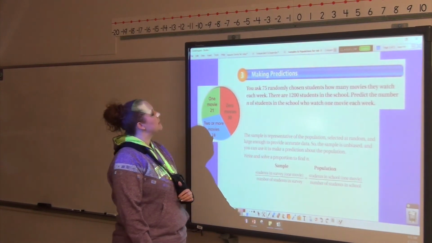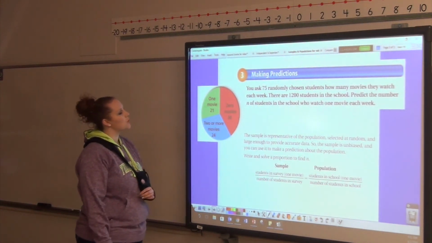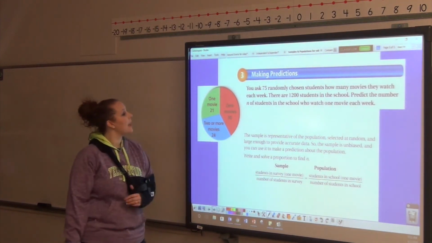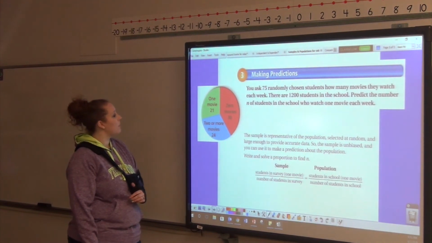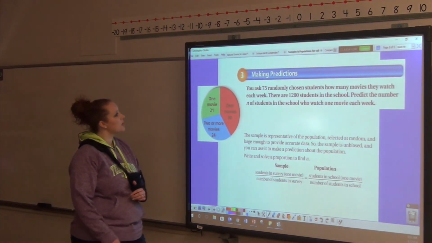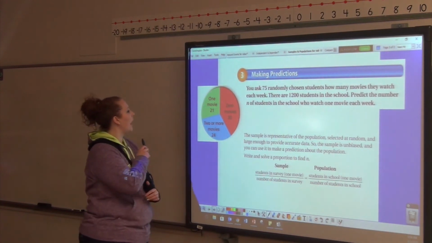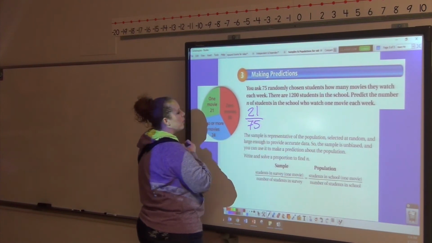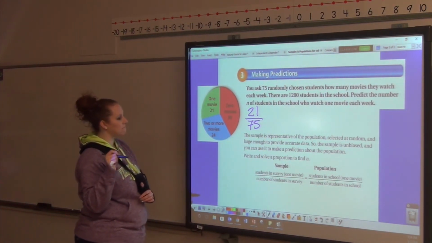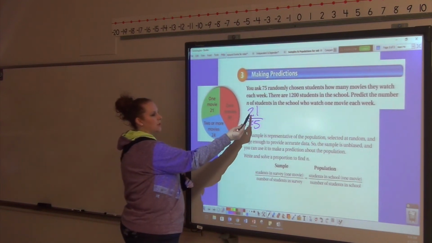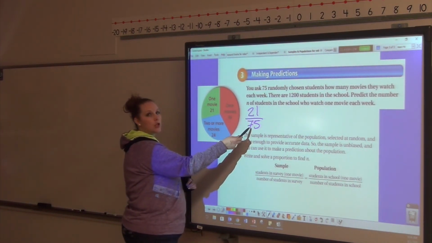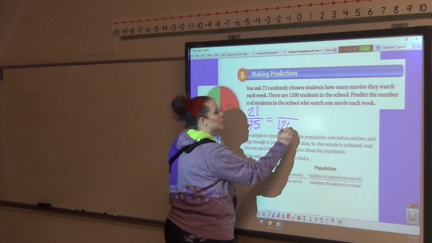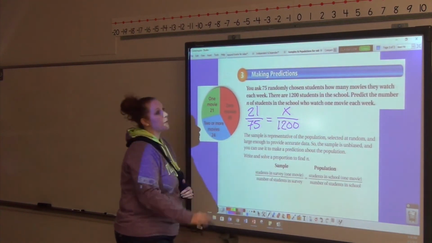You ask 75 randomly chosen students how many movies they watch each week. There are 1,200 students in the school. Predict the number N of students in the school who watch 1 movie per week. So this is our 75 students, and 21 out of 75 watch 1 movie per week. So that is the students in our survey that watch 1 movie a week over the total number of students in our survey. And we need to compare that to our total number of students, and we need to solve for the number of students who watch